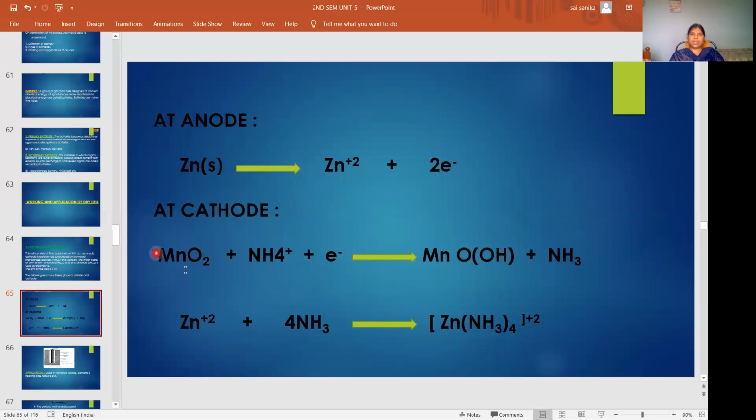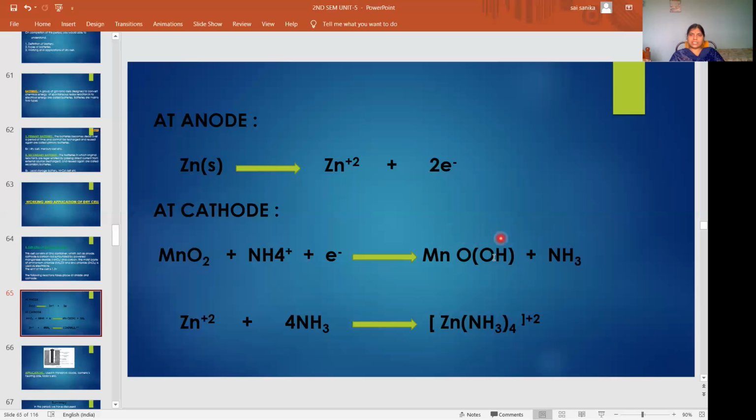So here MnO2 is converting into MnOOH. Okay, here in MnO2, what is the oxidation state of Mn? Plus 4. O2 means for one oxygen minus 2, two oxygens minus 4, that means Mn is plus 4. So plus 4 means it is taking one electron, so it will convert to plus 3. In MnOOH, one oxygen is minus 2, and one hydroxy group is minus 1, so minus 3 means the oxidation state of Mn is plus 3.